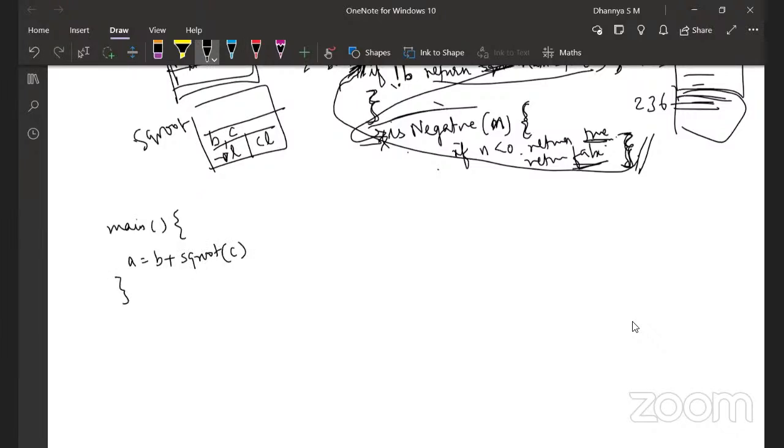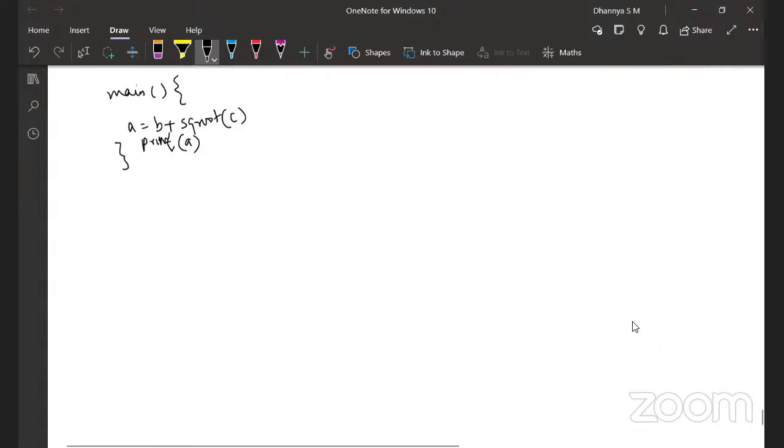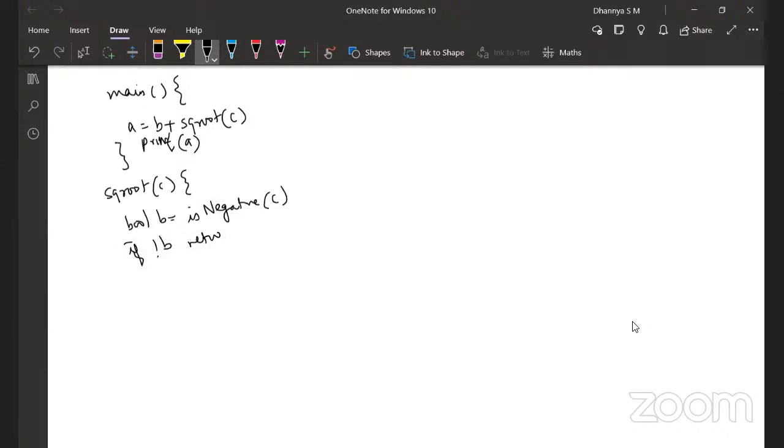Then I have a print A. Now it is checking a Boolean B equal to is negative of C. If not B, return the square root, and otherwise return false. No, sorry, we have to return the square root only. The other method has to return the Boolean.